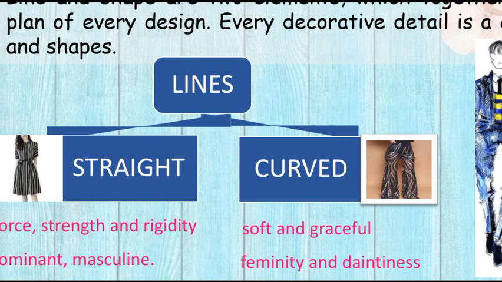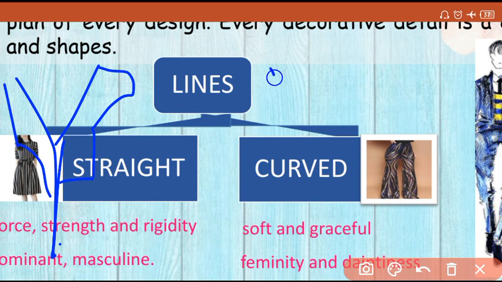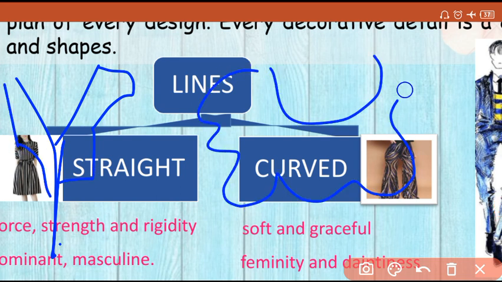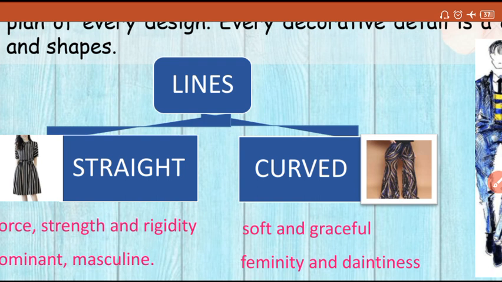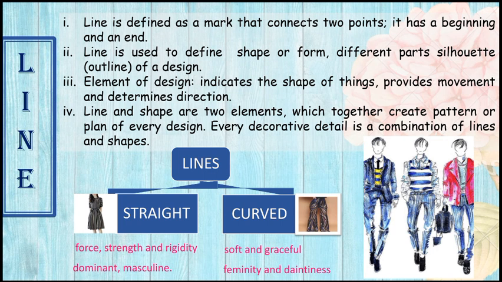तो आप देखिए, most of the gents, the garments which are worn in the meetings, very formal, they have straight lines. अगर आप कभी ध्यान दो तो आप अगर the coat and the official wear, it's more like this. Whereas if you have a party, you can have all the furs and everything is accepted. Because the curved lines, they are soft and graceful. They give an effect of femininity and daintiness.